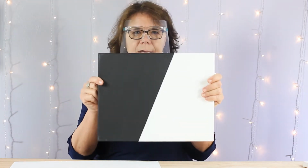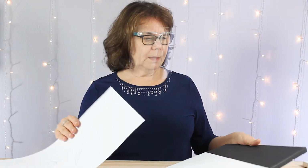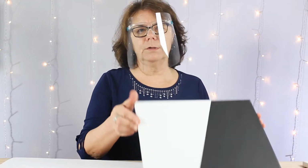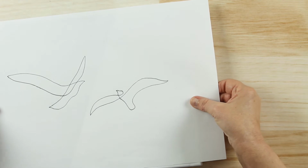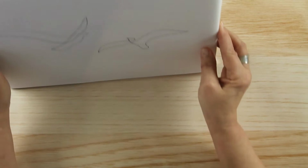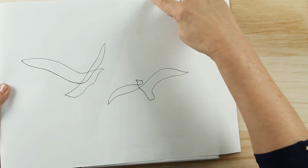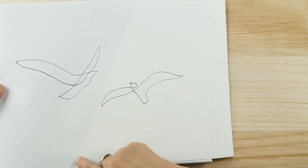The next step is to paint your canvas. I chose black and white, and you need to decide where you want to divide the color block colors on your canvas. So what I did is I just set this graphic over the top of my canvas, and I determined that I wanted the slice between the colors to go right down between the two birds on